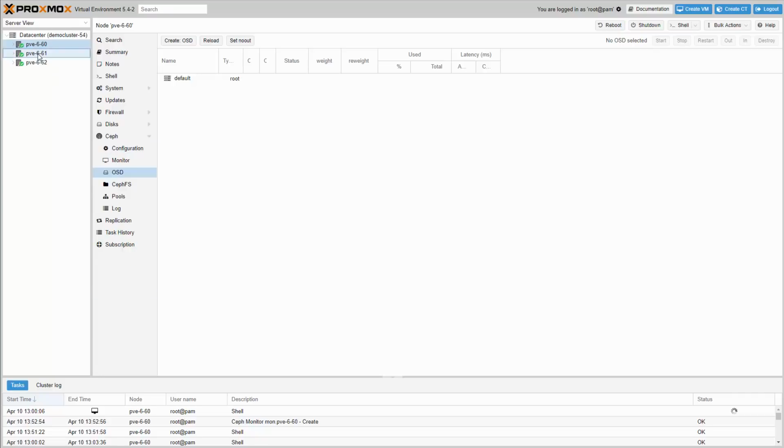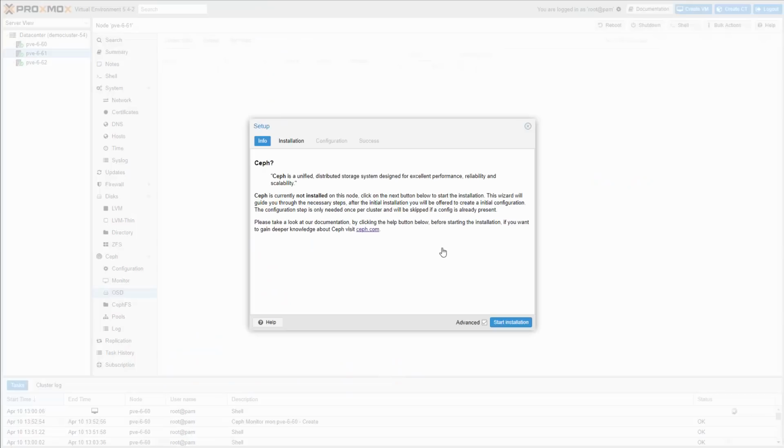In the next step, install the packages on the second and the third node as well.